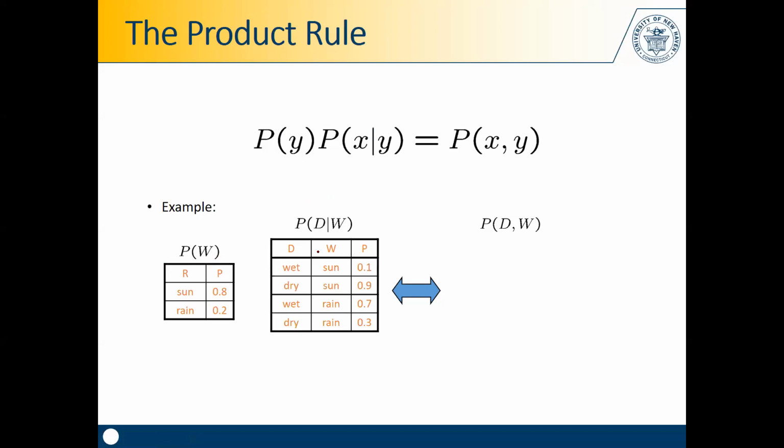And we also have the conditional probability of D, or D conditioned on W. D can be wet or dry. But what we want to find out is a joint probability of D and W. So all we need to do is to apply this rule here,